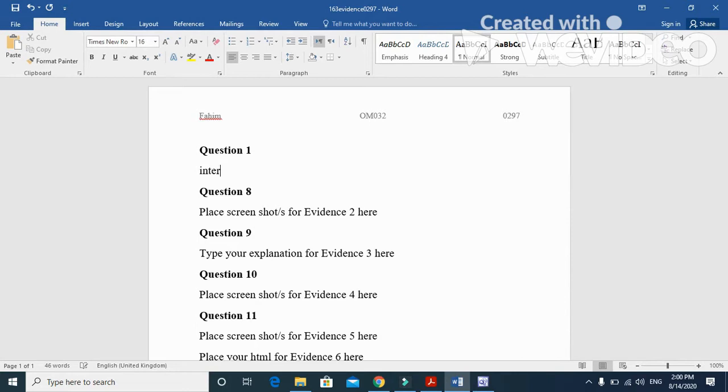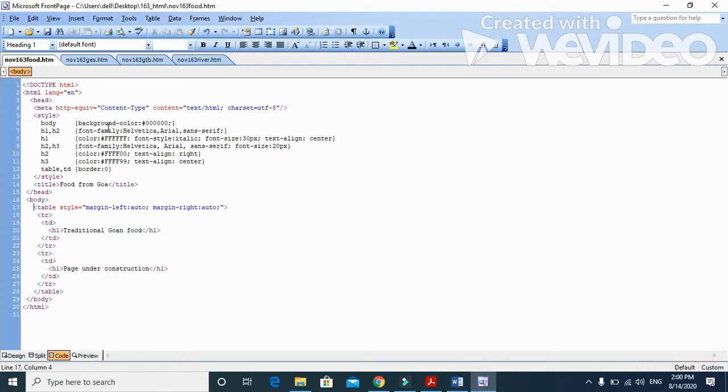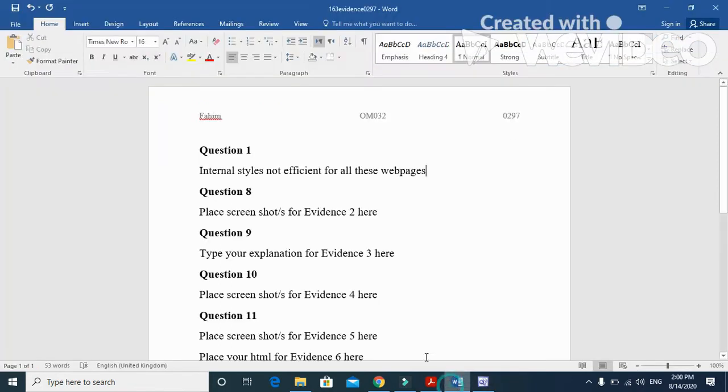internal styles not efficient, or for these pages you can say, not efficient for all these web pages, because we always used to attach an external style sheet, not internal styles. That's why. And then after you can say that